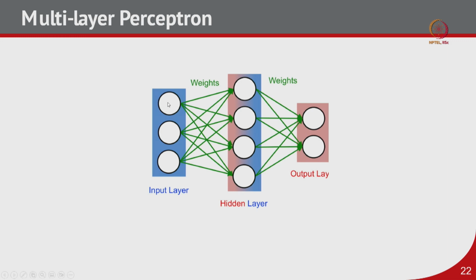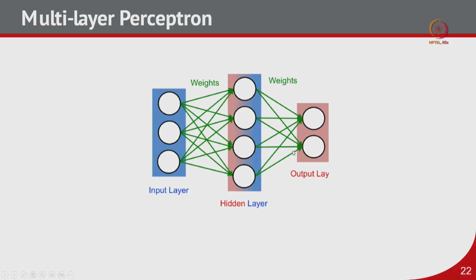Let us say we have this input layer. The input layer is nothing but where the input is primarily coming, and then we have some hidden layers. As you can see, there are multiple neurons, so we will call these neurons. Every neuron is connected with every other neuron in the hidden layer through weights. Remember, weights are nothing but just some floating point numbers, some fractions, like 1.2, 1.3, something like that. They might not be integers, they can be floating point numbers, right.